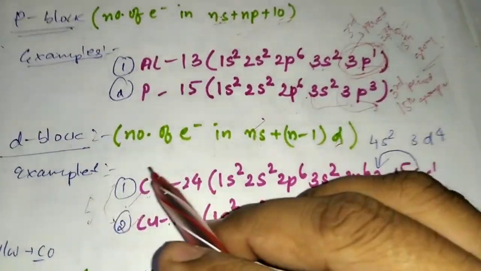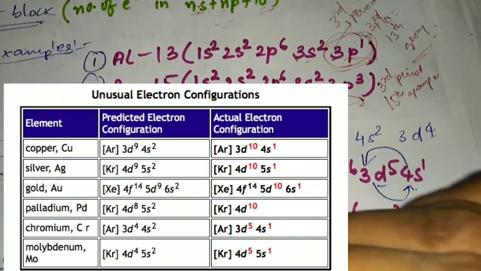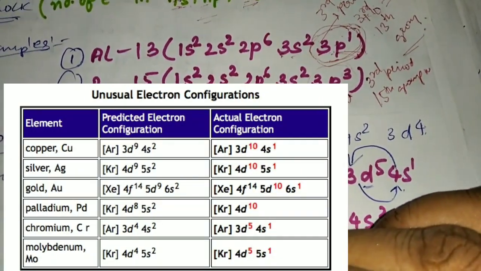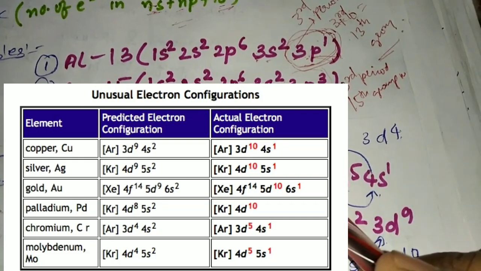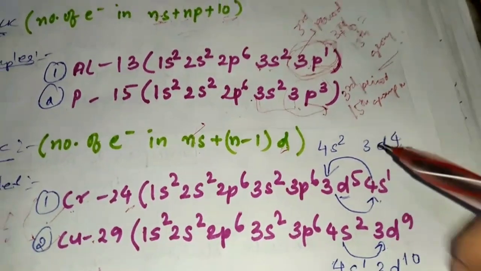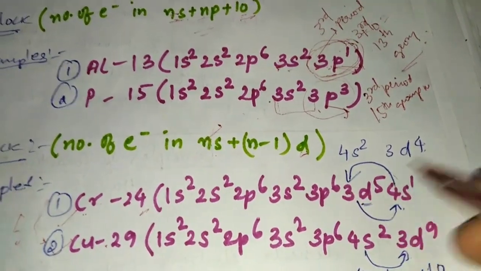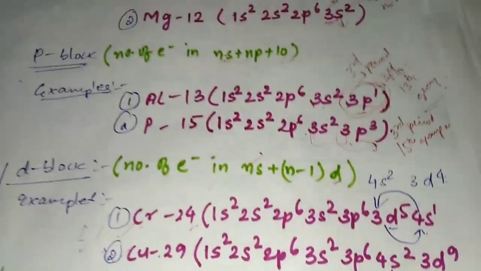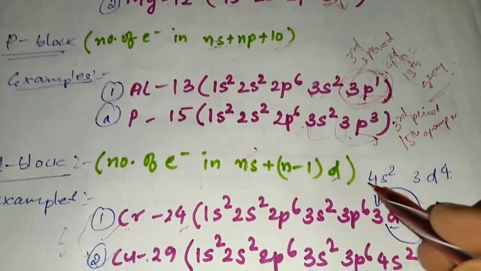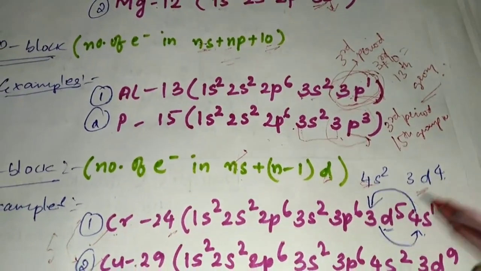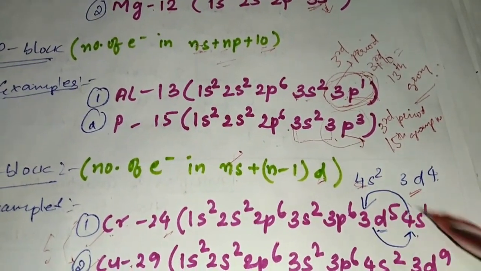So this is chromium and copper here. Chromium's atomic number is 24. So 1s2, 2s2, 2p6, 3s2, 3p6, 3d5 and 4s1. See, actually according to the above principle, 4s will be filled first, then 3d will be filled. So that's what I did here, 4s2 then 3d4. But why we write 4s1 is because